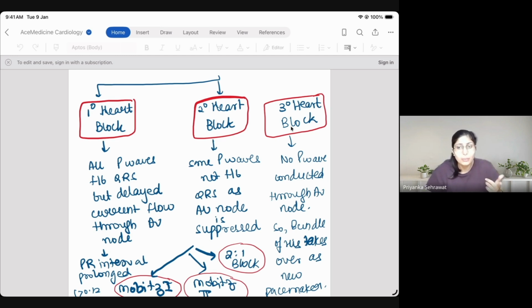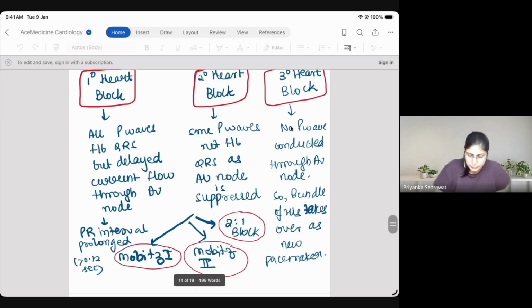Ashish, in atrial fibrillation, we do not find P waves. We have fibrillatory waves because the problem is in the atrial muscle. Atrial muscles give rise to our P waves. Here in heart block, the problem is with AV node. The atrial muscles are completely okay. We find P waves, but they are not getting transmitted to the ventricles. So there is no correlation between P and QRS, but we find both. Okay, so there is a big difference between atrial fibrillation and third degree heart block.